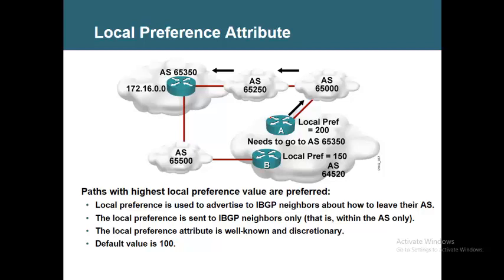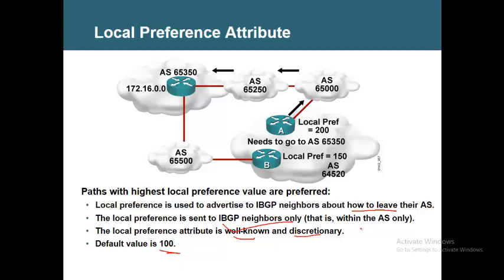Another thing is this attribute is not advertised to other autonomous systems. It is advertised only within IBGP neighbors. Now, what does this attribute help us to achieve? It helps us to decide the exit. It helps us to decide how the packet is to leave